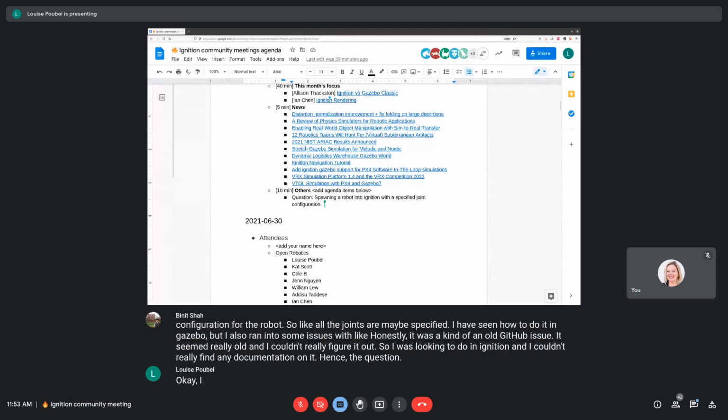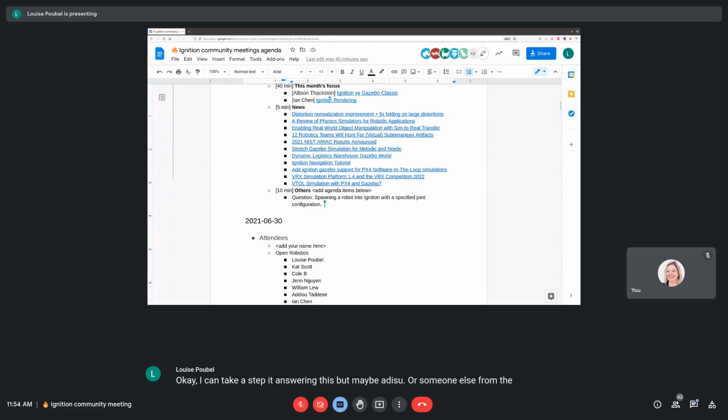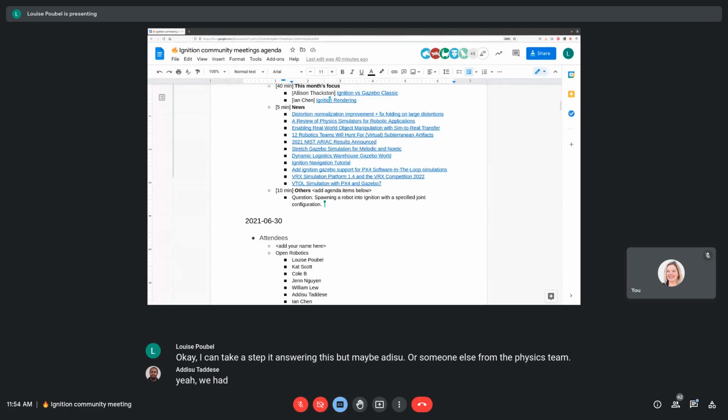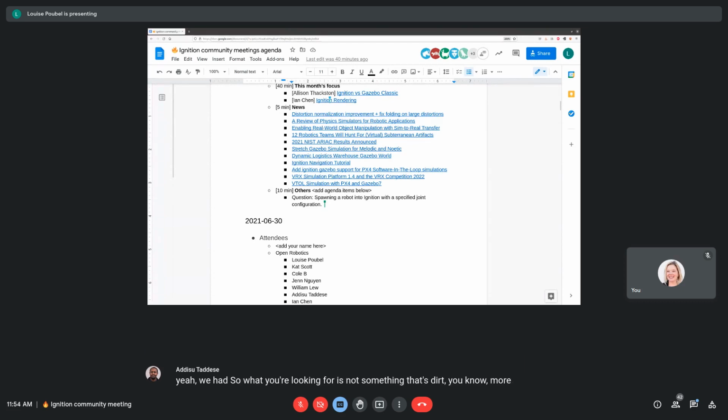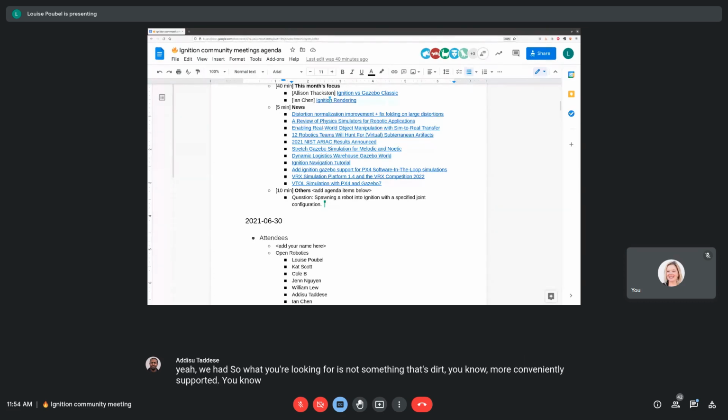Okay, I can take a stab at answering this, but maybe Adisu or someone else from the physics team. Yeah, so what you're looking for is not something that's conveniently supported. You're probably looking for something like an initial position of the joint where you just set a value.